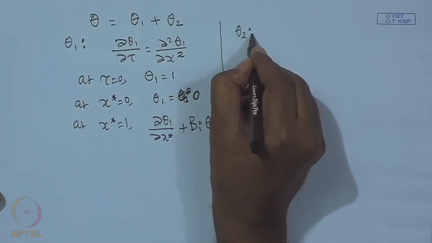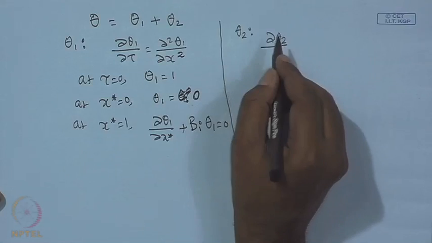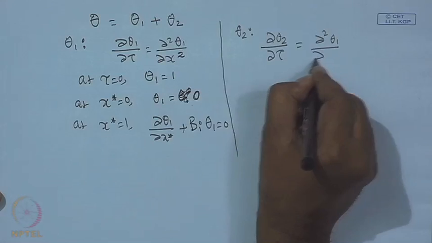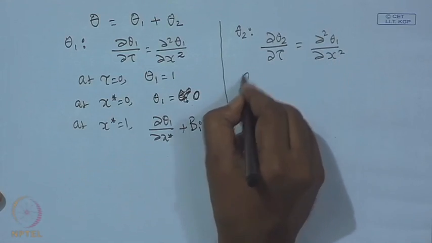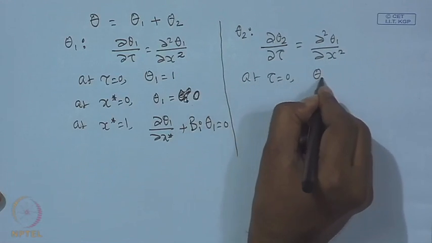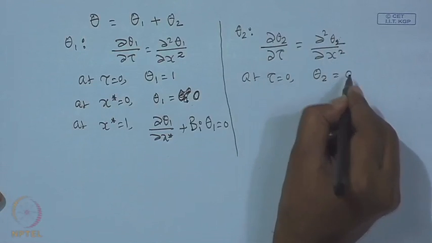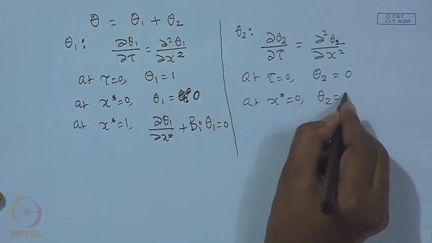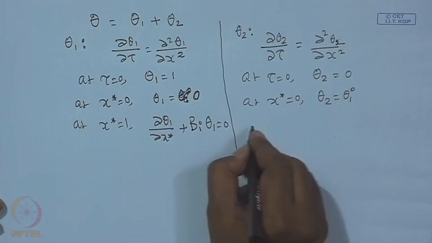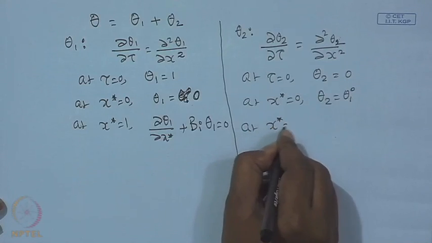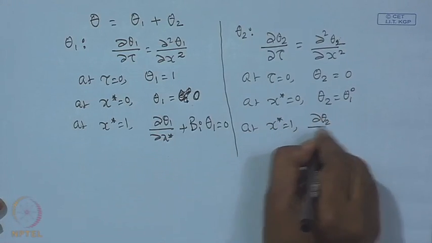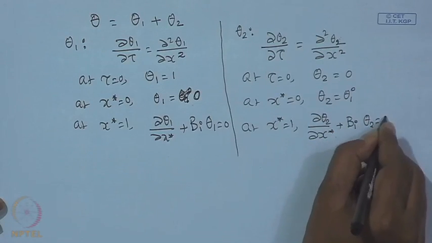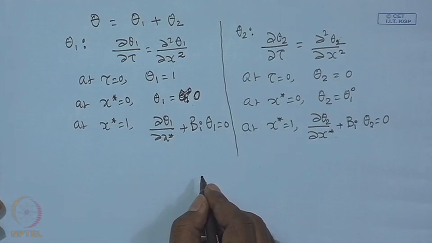Let us define theta 2. Theta 2's governing equation is del theta 2 del tau is equal to del square theta 2 del x square. At tau is equal to 0, theta 2 is equal to 0, at x star is equal to 0, theta 2 is equal to theta 1 superscript naught, and at x star is equal to 1, we have del theta 2 del x star plus Bi theta 2 is equal to 0. So, therefore, we have